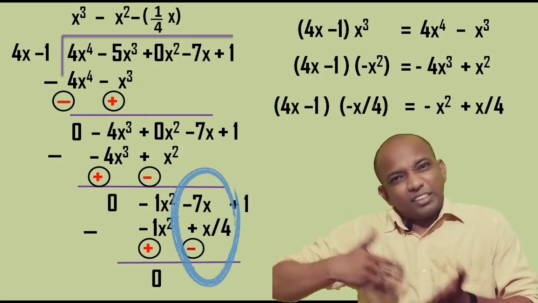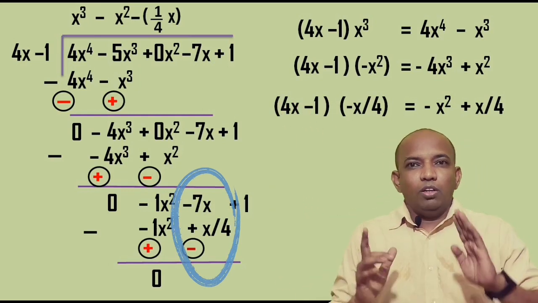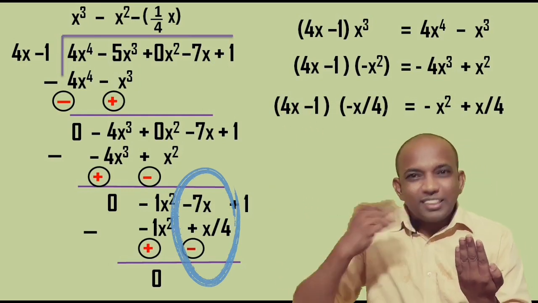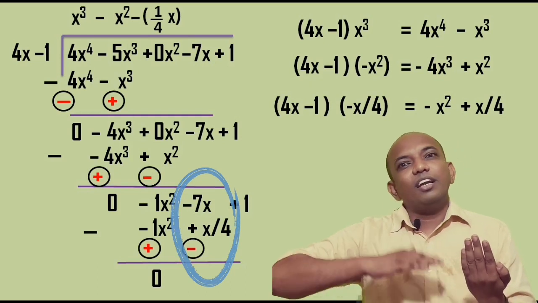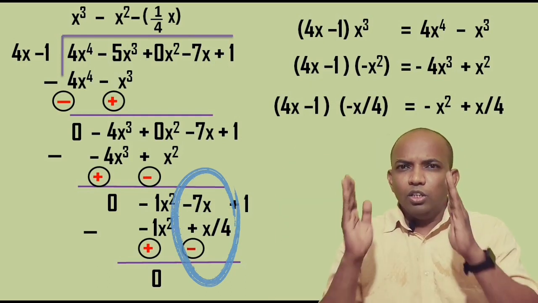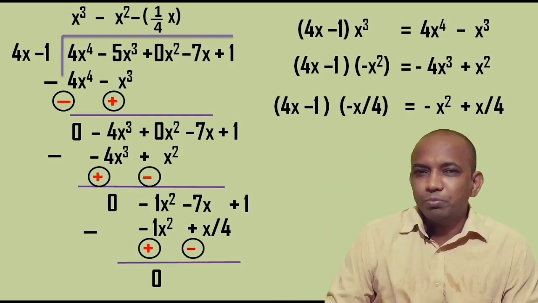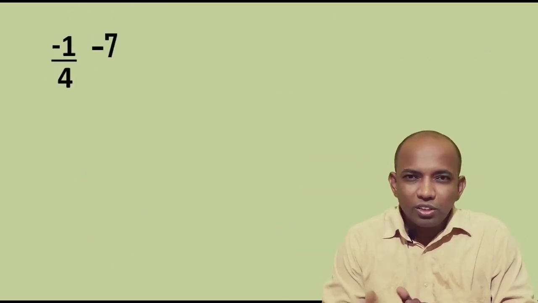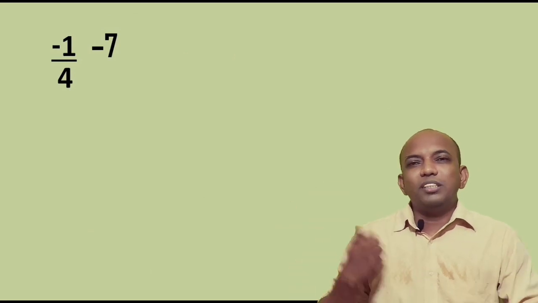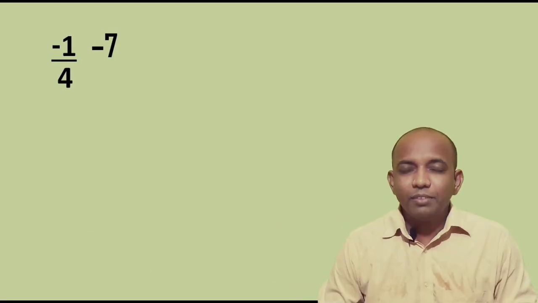from x upon 4. So we have normal number, that is 7 in negative, and we have again fraction, that is 1 upon 4. So how to carry out this addition or subtraction? For this, observe this now. So we have minus 1 upon 4 on the screen, right, which will be subtracted from minus 7, correct? One is fraction, one is normal number.